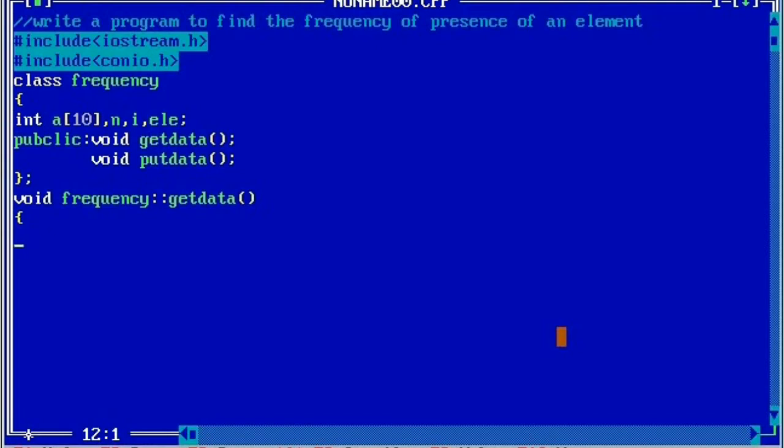Here we are going to receive the values as input from the user through keyboard. So we'll ask the user to enter the size of an array. Then cin, we will take n. Then we will write cout, enter the elements.